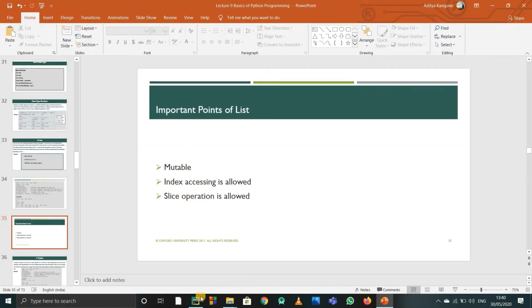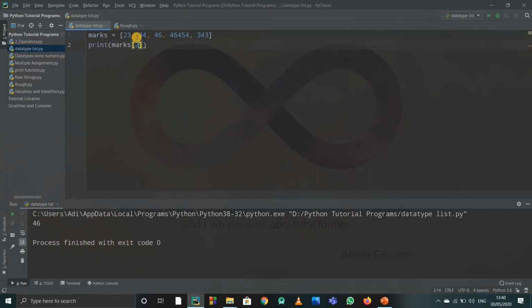Now slice operation. Slice operation, you can understand slice. We can just slice any list. So if you want to slice any list, you can write print index. Suppose you want to print out these elements. So we just have to tell the index to Python. So its index is 0, 1. So from 1 up to 2 and 3. So we have to print the list from 1 up to 3. The index are 1 up to 3. So we just write 1 and then up to 3.